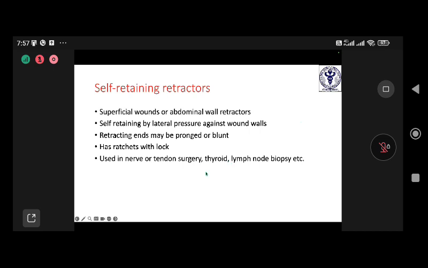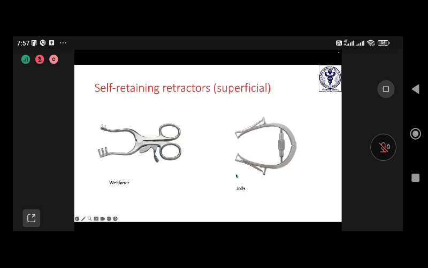Where is it used? Most of the time in orthopedic surgery, thyroid surgery, or lymph node biopsy, because one person is operating, and then you can open the cavity using the self-retaining retractor. So these are examples of superficial retraction. All of you must be familiar with the Jones retractor. These are the two prongs to hold the two edges of the incised fascia,